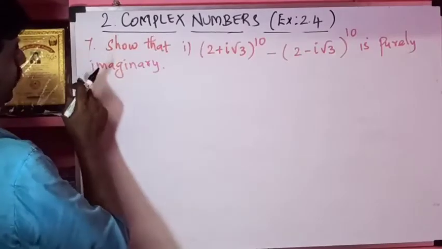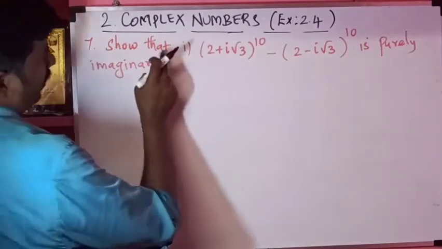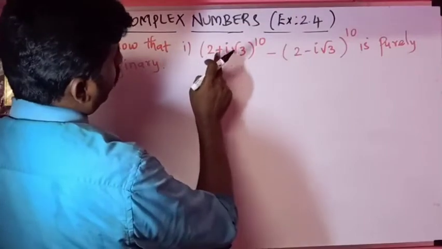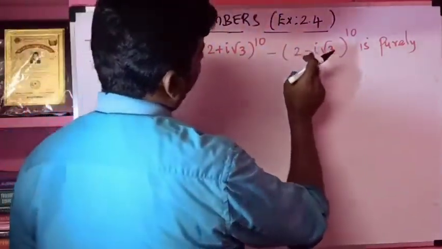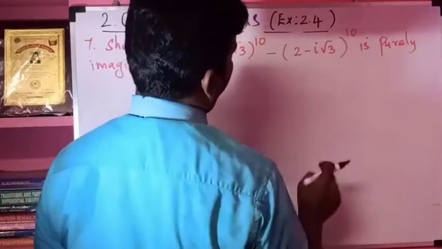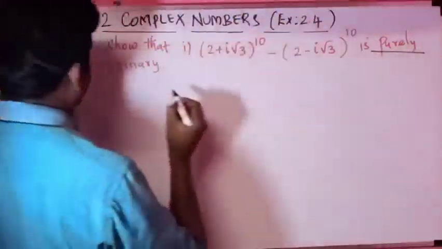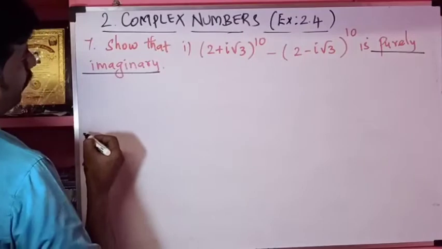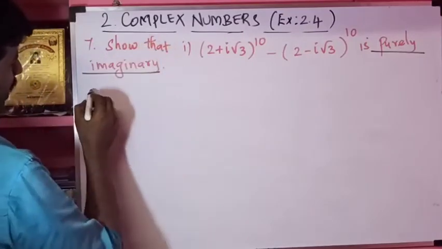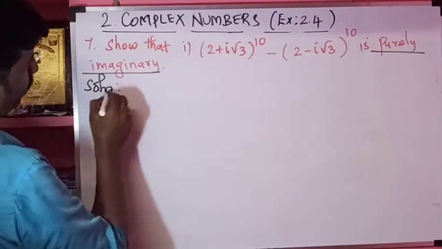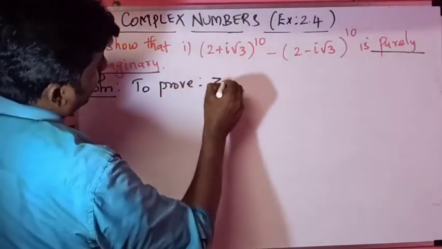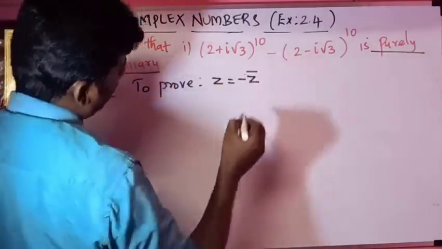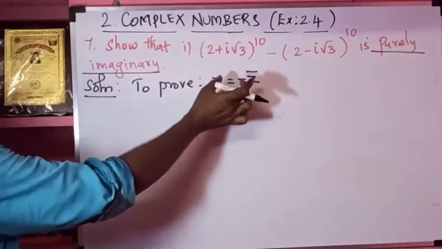See the question number 7. Show that the first question 2 plus I into root 3 the power 10 minus 2 minus I into root 3 the whole power 10 is purely imaginary, right? Purely imaginary நம்ம prove பண்ணனும். நல்லா கவனிங்க. So purely imaginary அப்படினா நம்ம என்ன prove பண்ணனும்? To prove z equal to minus z bar, right? This is the condition concept for